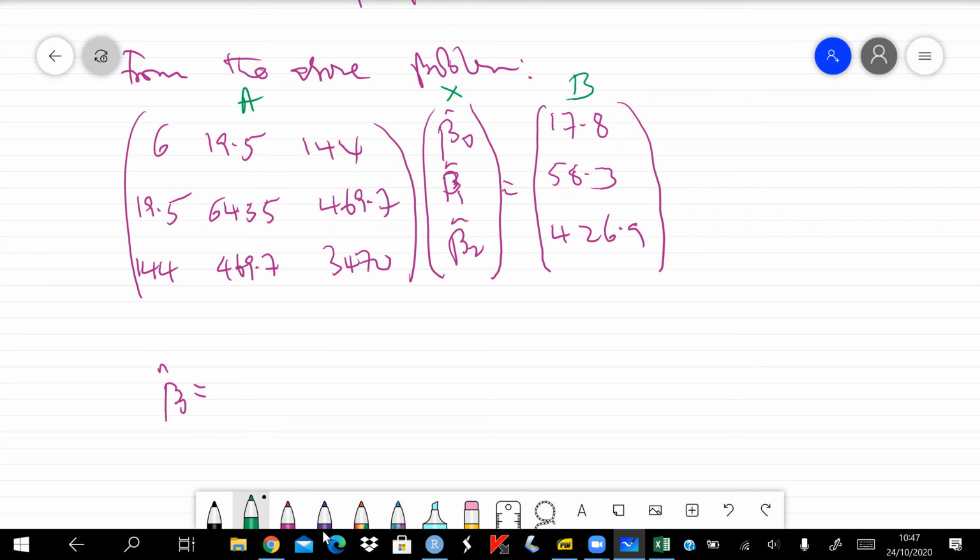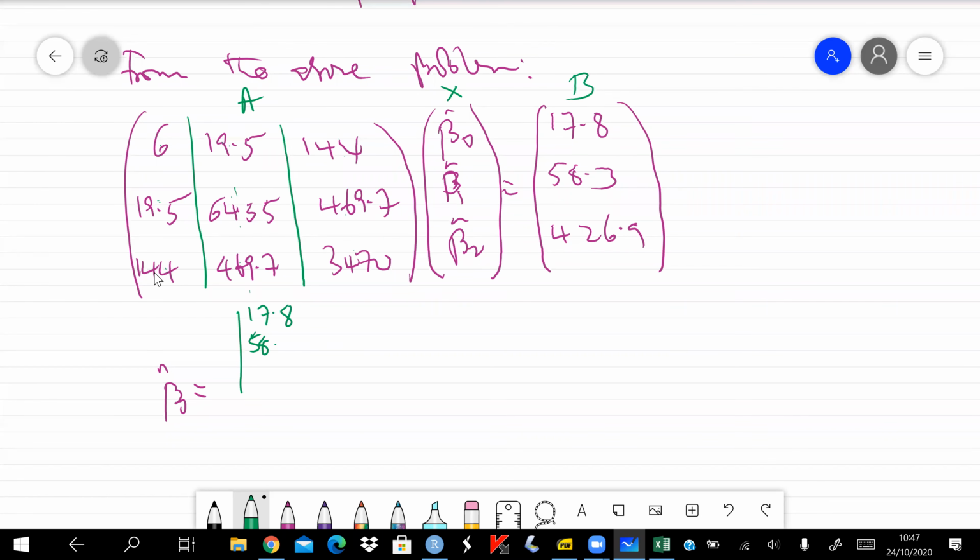Okay. So the estimate of beta naught will be given by, so again, let's notice that we have columns like this. Remember these values here in the first column were the coefficients of beta naught. These are the coefficients of beta 1. These are the coefficients of beta 2. So the numerator here, we are going to have the determinant of